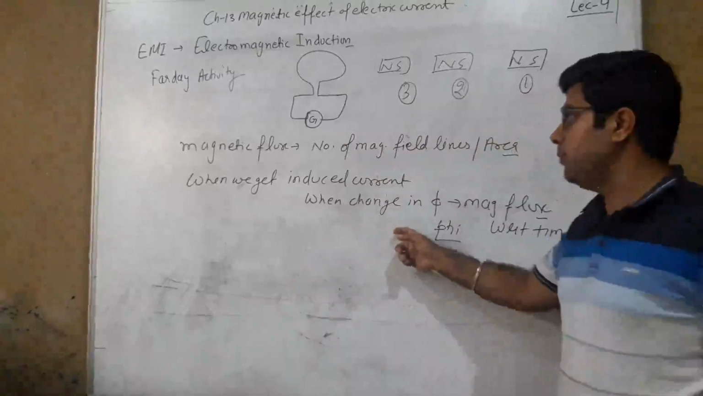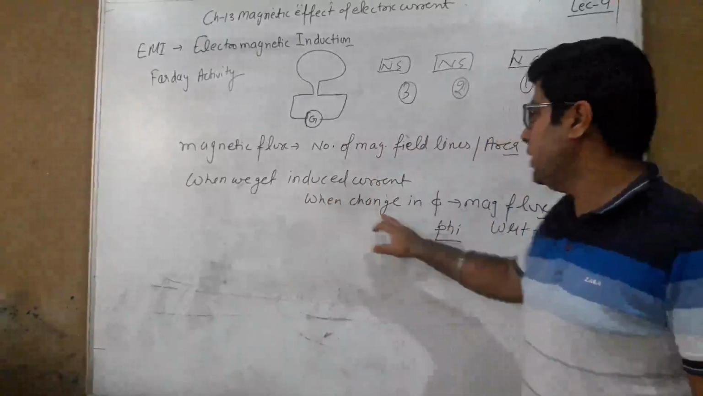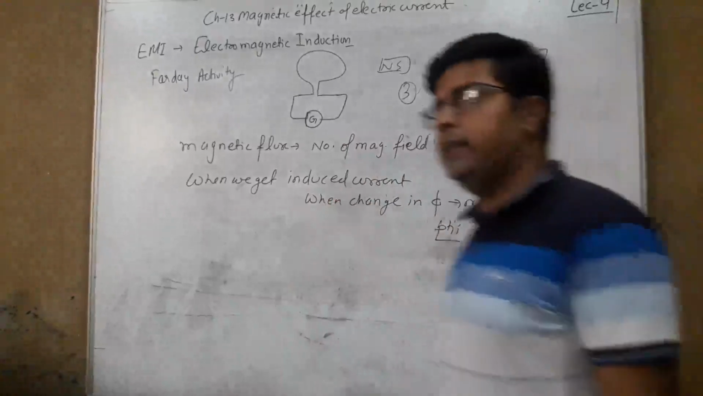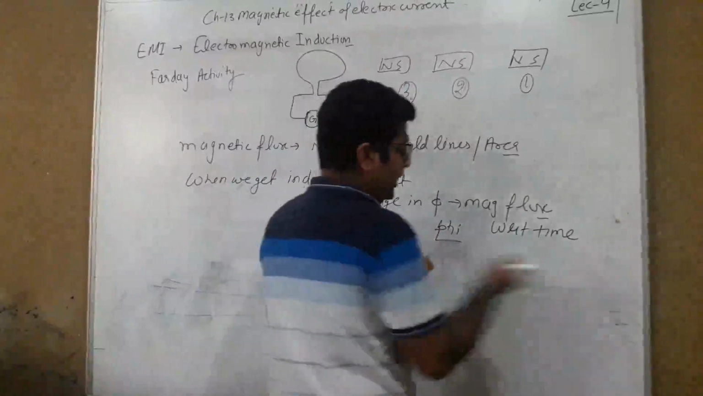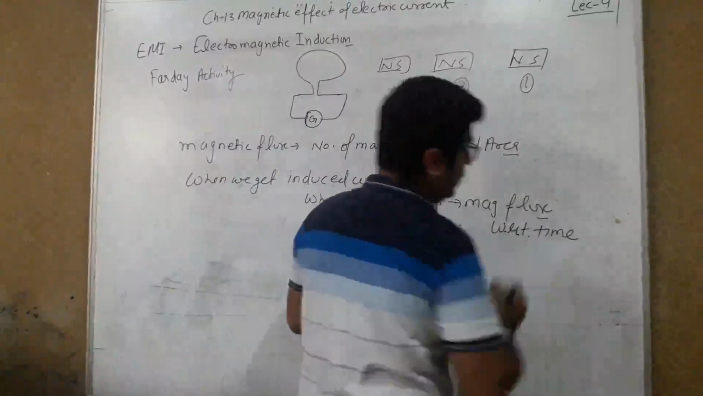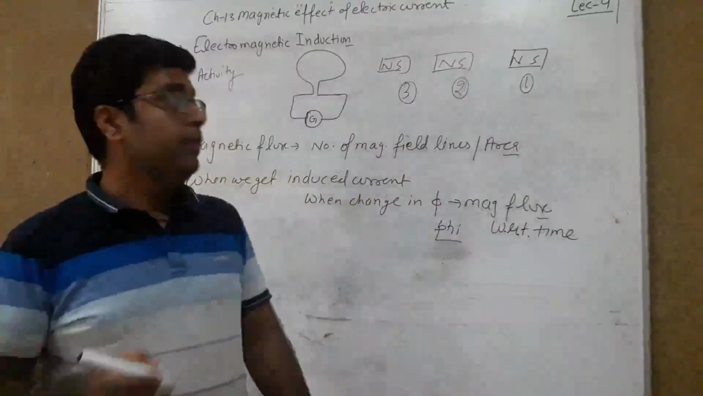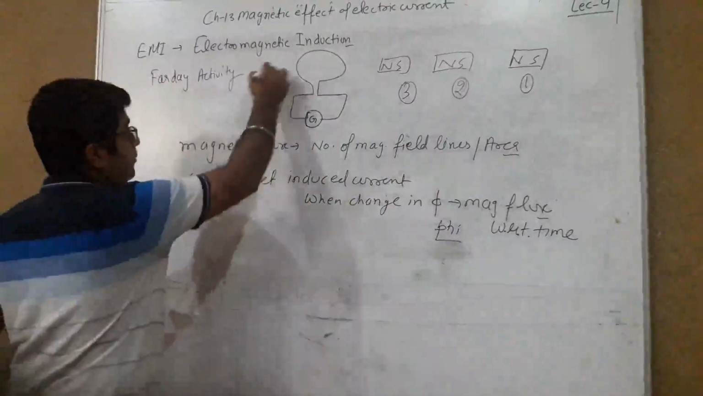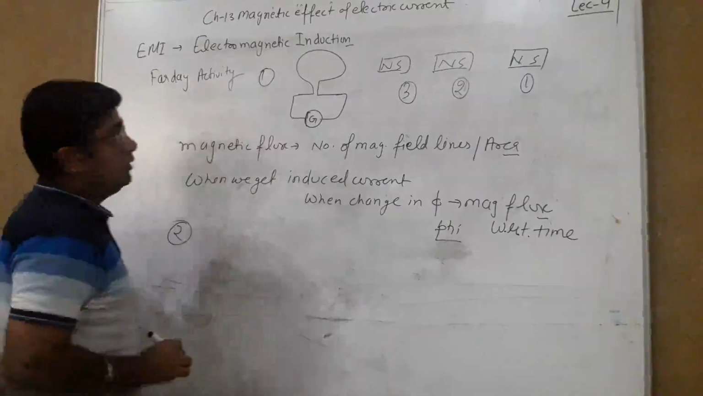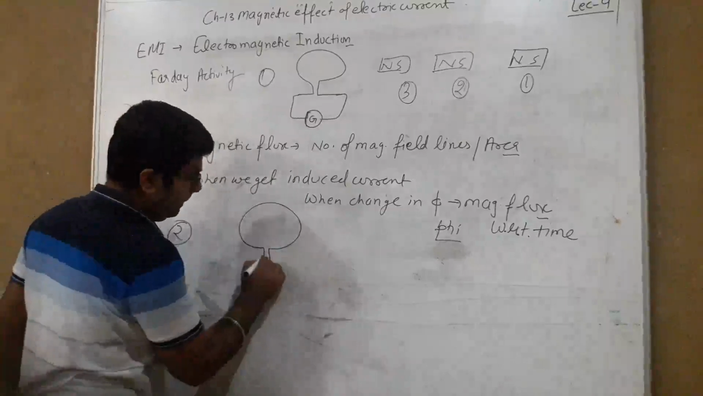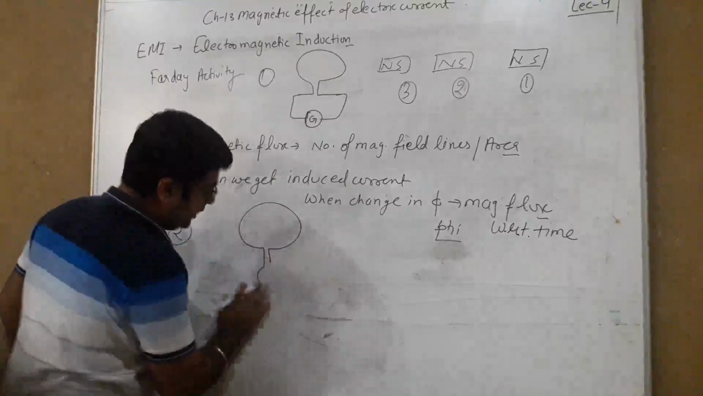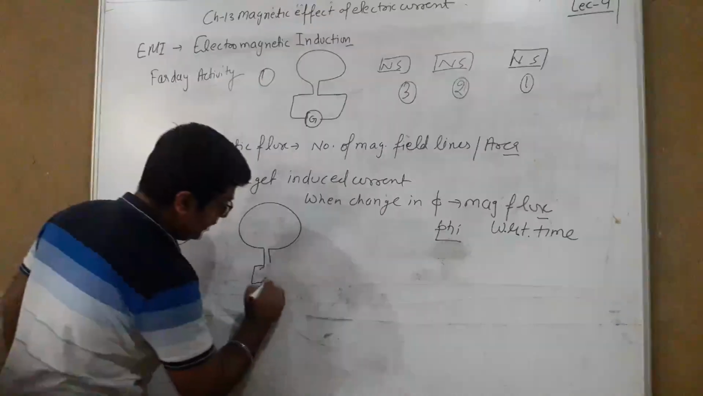That current comes from the induced current when there is a change in magnetic flux with respect to time. This is the very first activity. And in the second activity, what he did, he again took the same coil which is connected with the galvanometer,